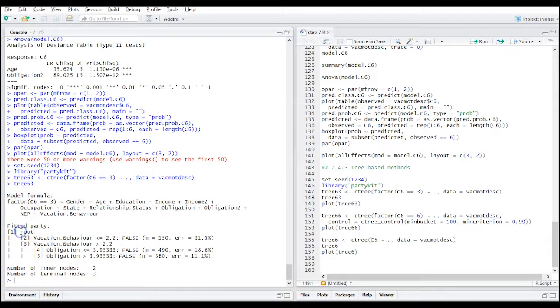So this is a description of the tree. We have a first node, which is the root node, that contains all observations. These observations are now split into two child nodes, number 2 and 3, using the splitting variable vacation behavior. This was the one selected as the best splitting variable among all possible ones, using, in the case of conditional inference trees, a test for independence and inspecting the p-value. Having selected the variable, the best split point is selected such that the two-sample test has best performance to differentiate between the two